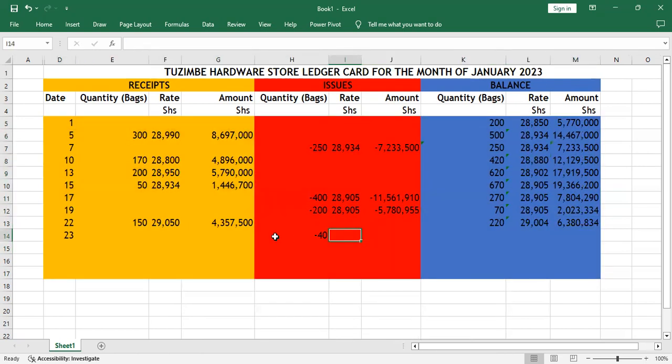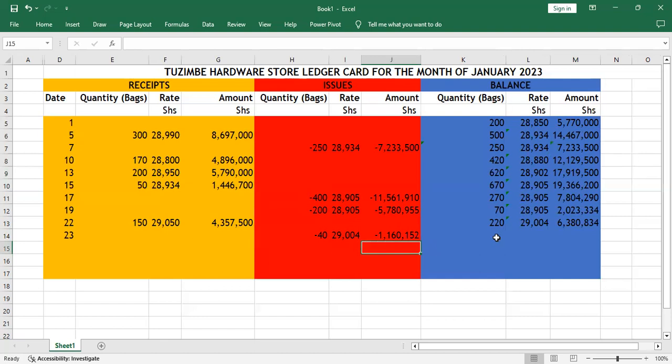And these 40 units, as I've told you, we treat this as an issue, since the business is returning some bags of cement to the supplier. And I told you that since we're using the weighted average method, we'll follow the weighted average price as at that date, which is 29,004. Then the cost of these bags returned will be the number of bags times the average cost,